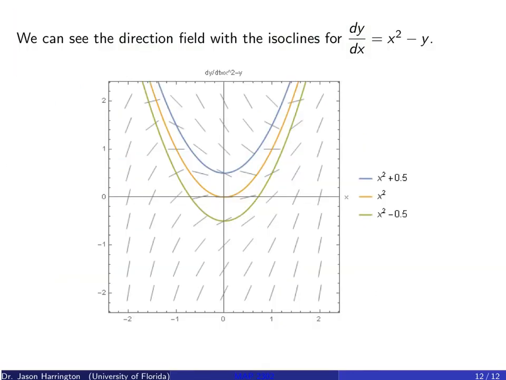All right, so let's put all this stuff together. Here I have the direction field with the isocline. Well, first, let's just look at x squared. So again, here I'm going to have f of x comma y is equal to x squared minus y. If I look at, in this case, f of x comma y is equal to 0, that means that the slope is 0 for every single solution that touches that. So the direction field is 0. If I put a little dot here, so again, the direction field is 0 at 0.